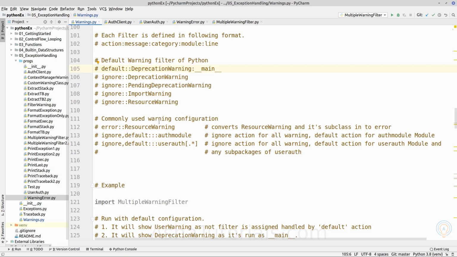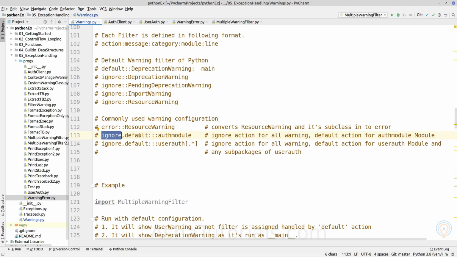We can also configure filters. Here we can specify a warning filter for a particular category. Here we are converting the resource warning into an error. Next, we are configuring multiple warning filters. The first filter only defines the action as ignore, which will ignore the default category, which means user warning will get ignored.